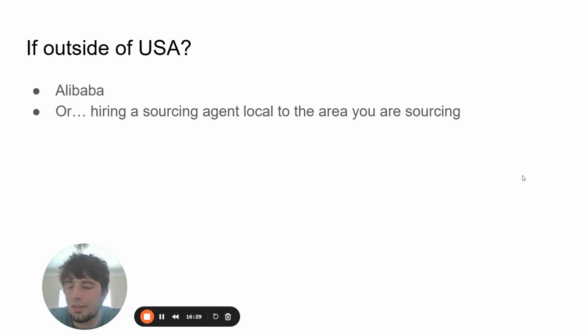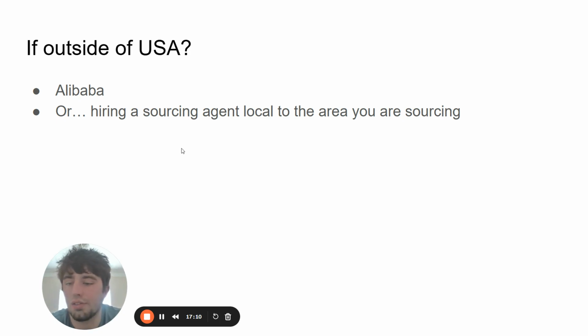So outside of the United States, what are some ways that you could go about sourcing a product? Now, if they don't speak the same language as you, sourcing a product from somebody outside the United States can be a little bit more challenging if you're not using a third-party app. So you can use something like Alibaba. Sometimes on Alibaba, what you'll run into is the person you're dealing with may be a trading company, for example, or they may actually not be the real manufacturer of that product, or they may be manufacturing some components of the product, but not all the components. So that is something to be wary of. Also, you may have more fees involved with dealing with them directly on Alibaba.